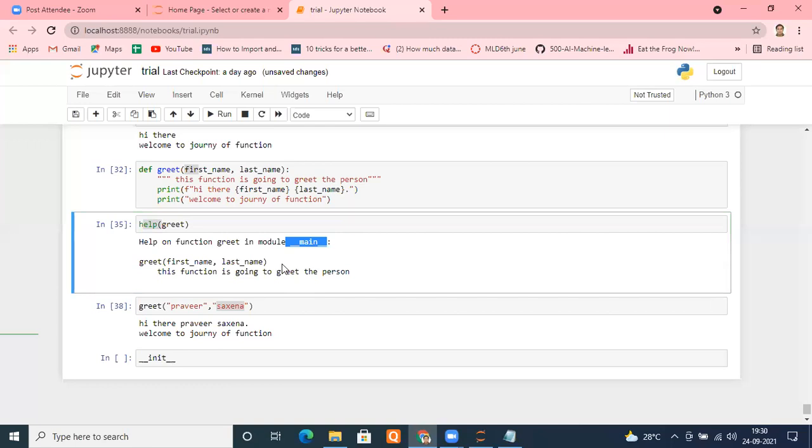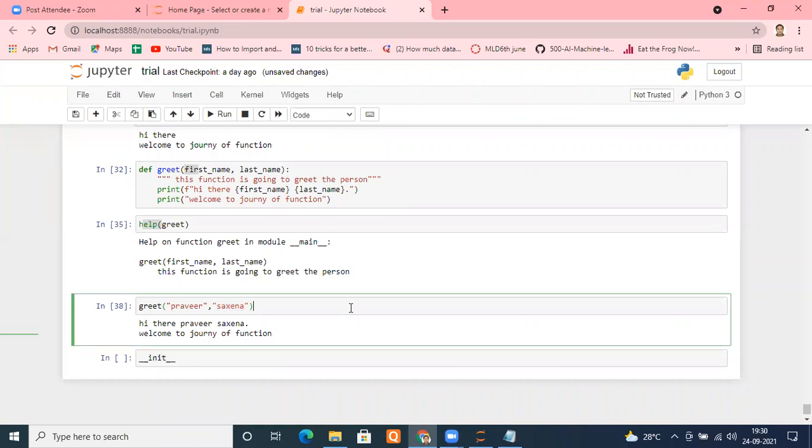Okay, this is the only definition. Don't worry, we'll come to object-oriented programming as well. All these things will come into the picture. I remember I told you in the beginning, in Python, everything is an object. Everything means object of some class. So OOPs concepts will always be there.